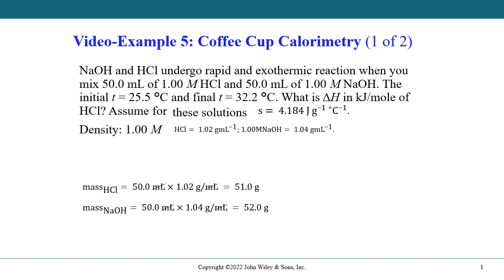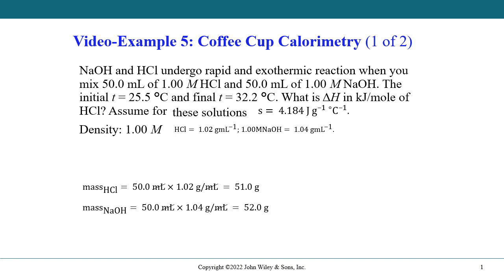Welcome to Chemistry 1B's example 5. This is with coffee cup calorimetry, a very similar example to the one that you will do in the lab as one of your experiments. So in this instance, sodium hydroxide and hydrochloric acid undergo a rapid exothermic reaction when we mix equal volumes of